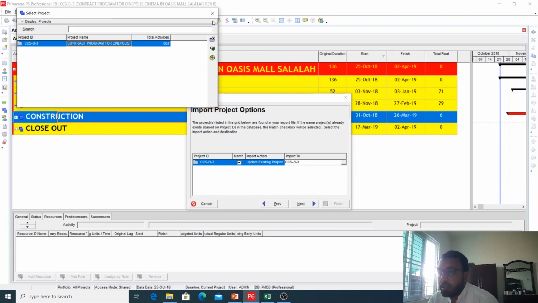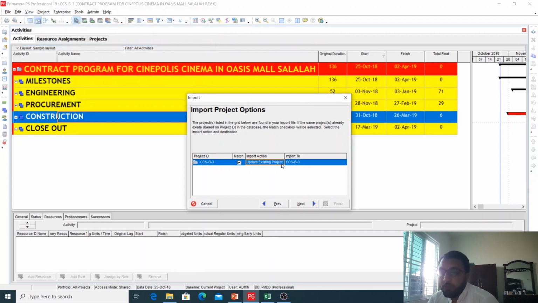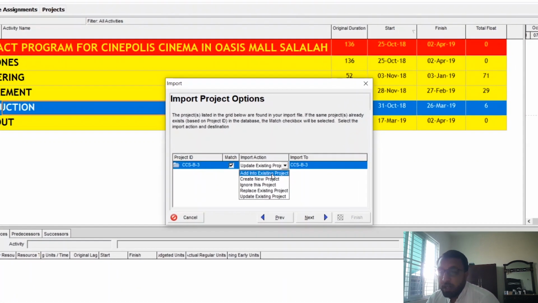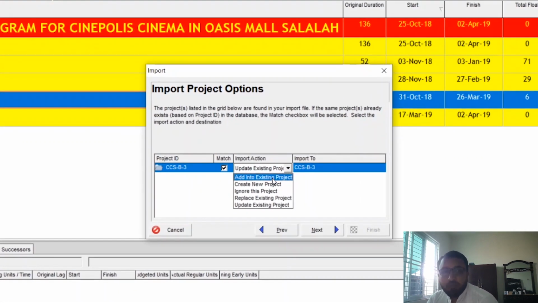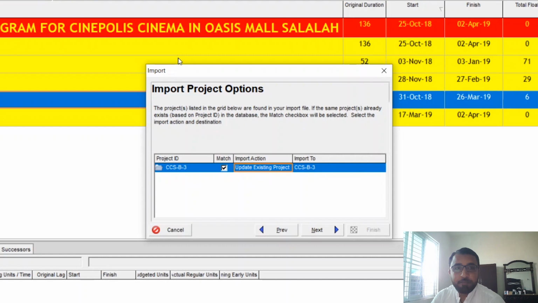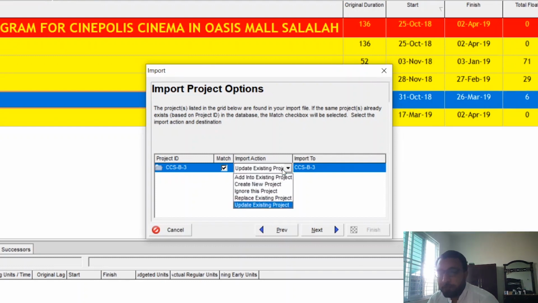It is saying where you want to import. First, this is the import action option: update existing project, add into existing project. If you want to add this as a separate WBS, then you must select the first option, create new project, ignore this project, replace existing project, update existing project. Why is it asking us this option? Because we already have the same project in the same EPS, so it is asking whether it must overwrite or replace the existing